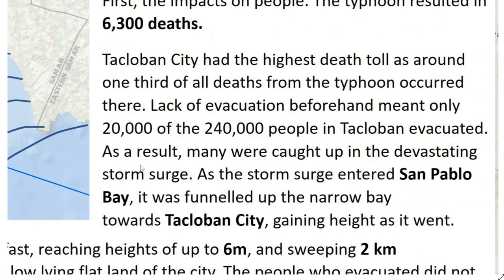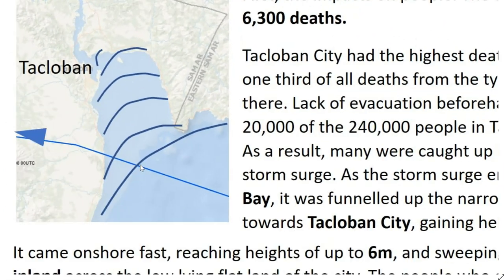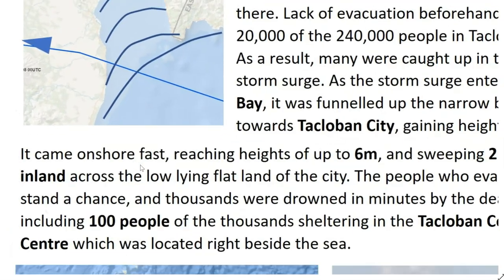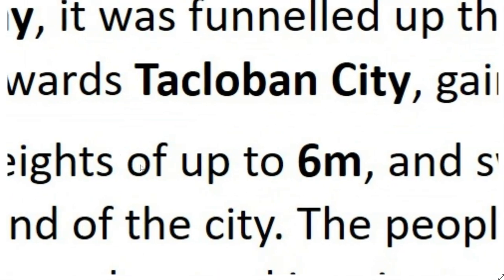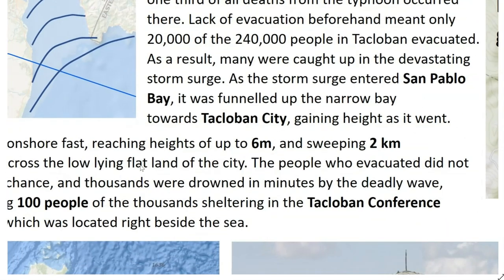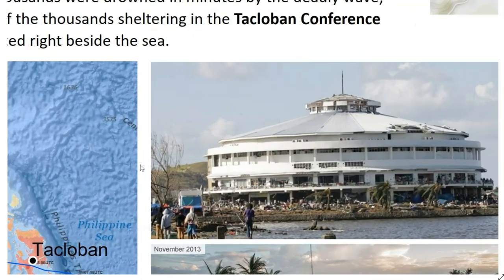As the storm surge came up San Pablo Bay, it was funneled up towards Tacloban City. We've already seen that, and gaining height as it went. It came onshore fast, in some places up to 6 meters high, sweeping 2 kilometers inland in the low flat area of the city. The people who hadn't evacuated didn't stand a chance. Thousands were drowned within minutes, including hundreds of the thousands who had gone to shelter in the